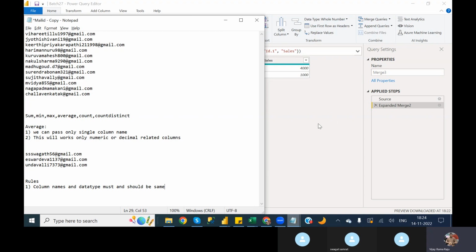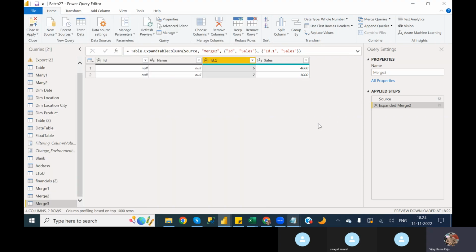What do append queries do? Suppose you have different data sets, and you need to combine all the different data sets' rows into one data set. Then you have to use append queries. Understand? So how do we create append queries? Let's see. First, we need to create the data set, and after that,